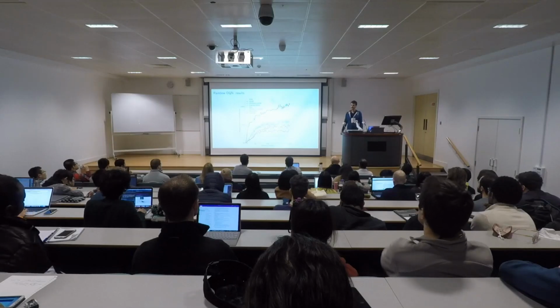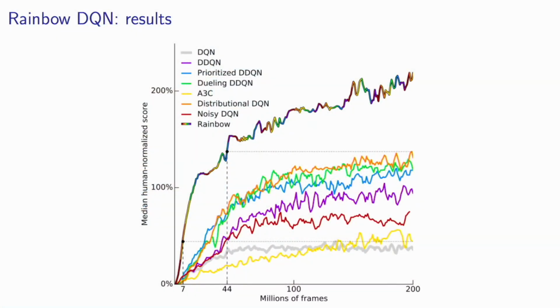The other lines here, the yellow line is the A3C algorithm, which was notable because it was able to run without experience replay on multiple processors at the same time. By doing that, it could blaze through quite a lot of data, but it's not actually that data efficient. One reason for that is that it's not using experience replay. So A3C is barely more data efficient than DQN. In fact, the learning curve goes up slower, but then it goes a little higher at the end there. But if you look at wall clock time, it's fairly efficient though.